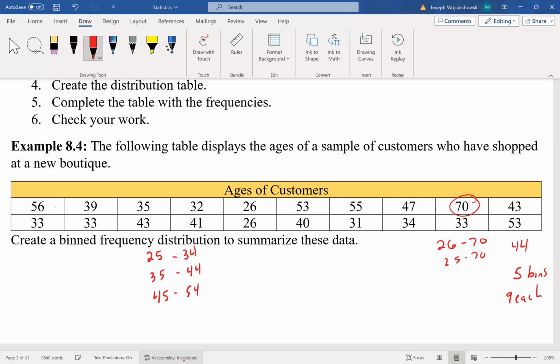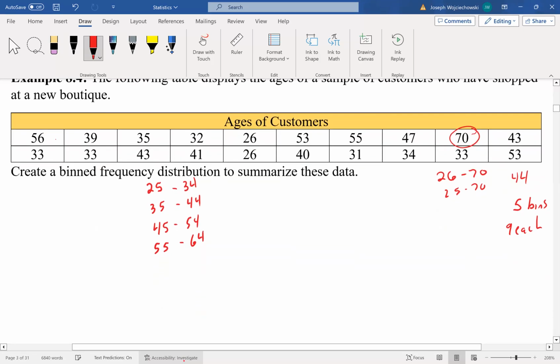45 to 54. I know what you're thinking. I can hear it. But professor, those are only 9 apart. But the numbers in this bin here are 25, 26, 27, 28, 29, 30, 31, 32, 33, 34. Bin width is between low end or between high end, and not between the two. So we have our bins